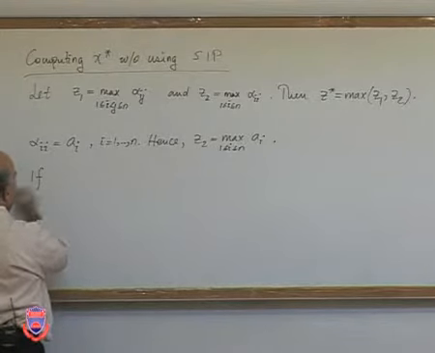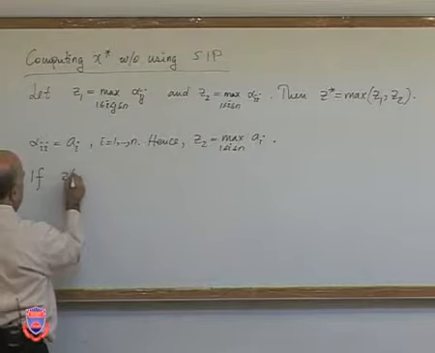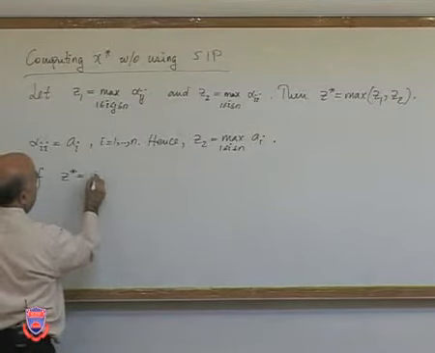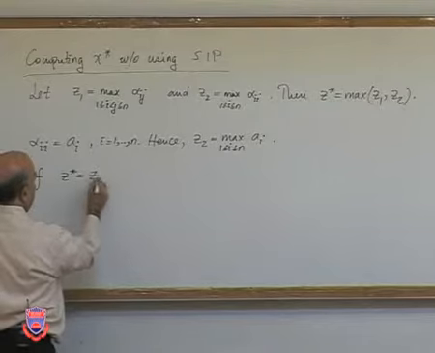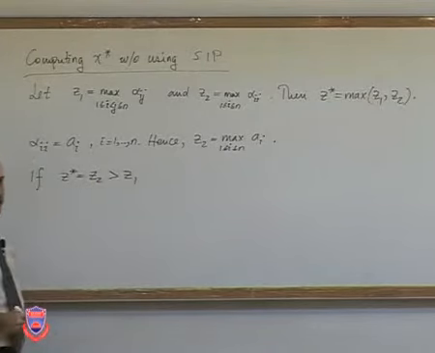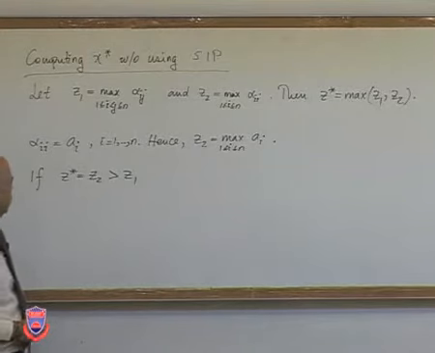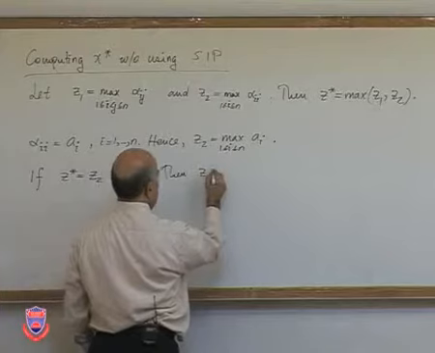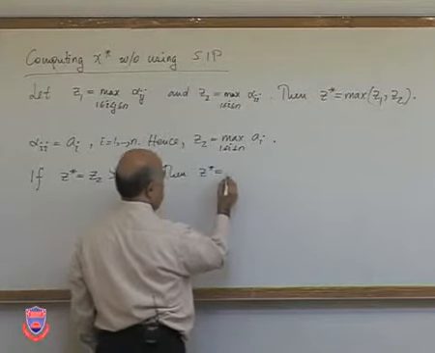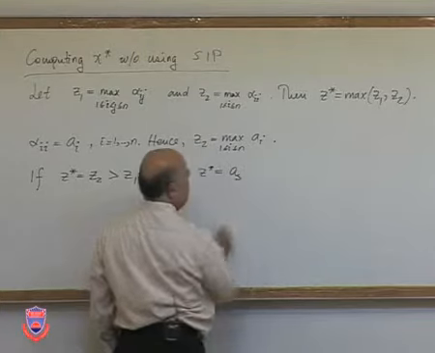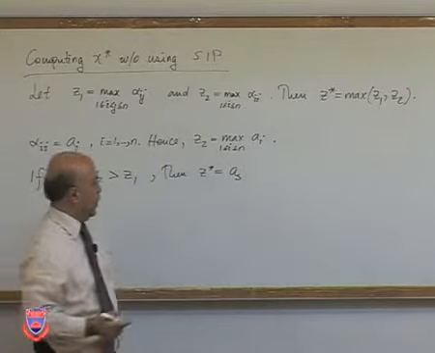If Z star is defined by Z2, which happens to be strictly larger than Z1, then Z star is actually equal to some a s, which happens to be the maximum of the a i's,